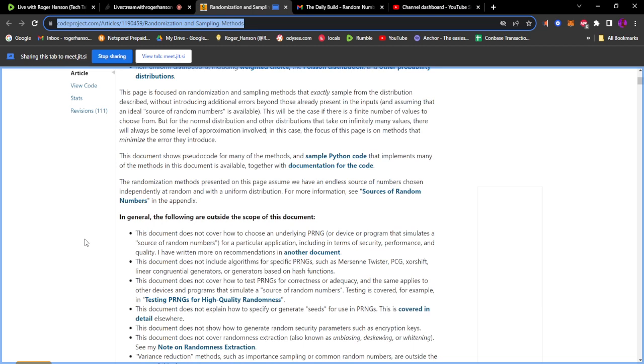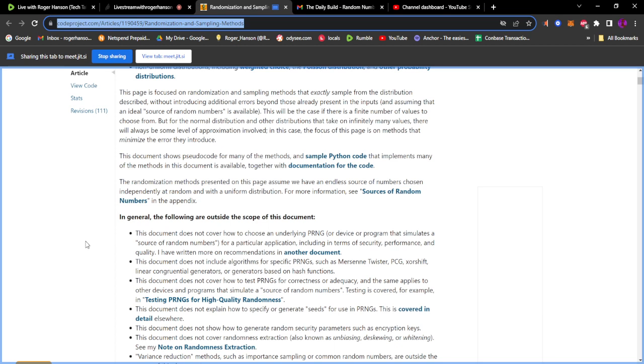The documentation shows pseudocode for many of the methods, and sample Python code that implements many of the methods in this document is available, together with documentation for the code.